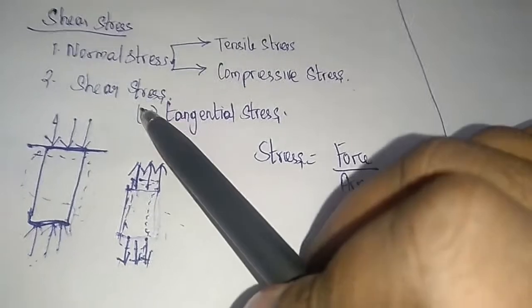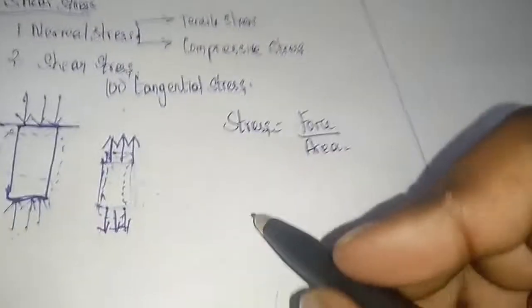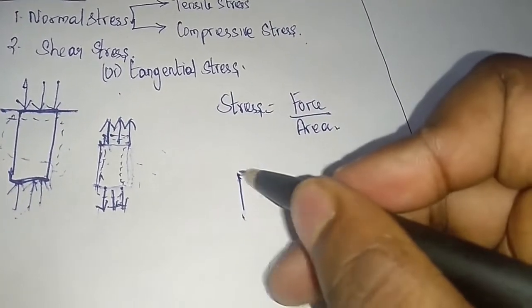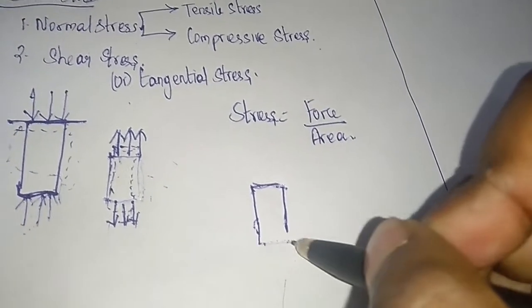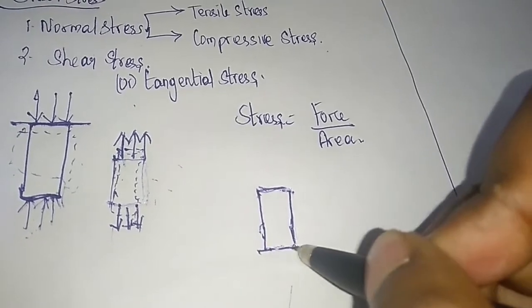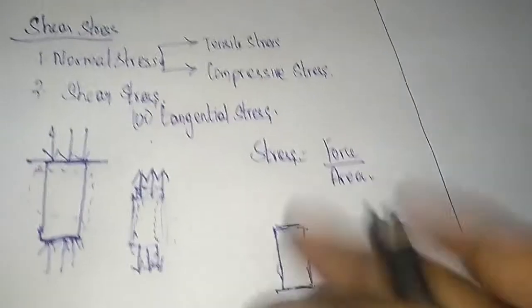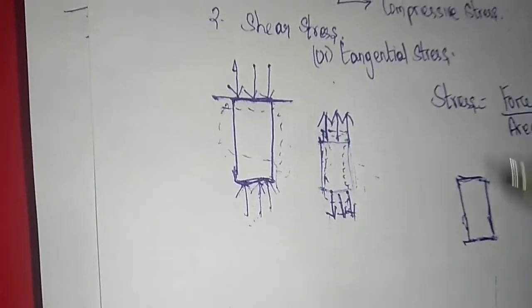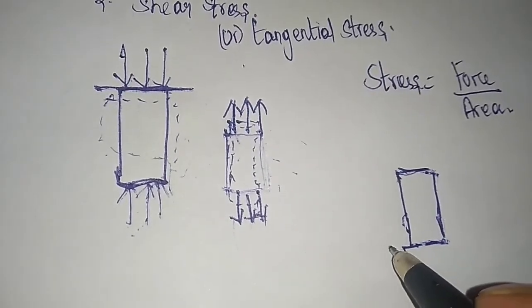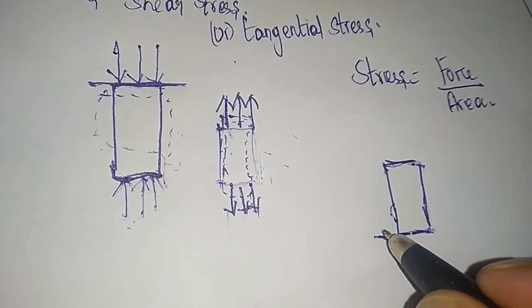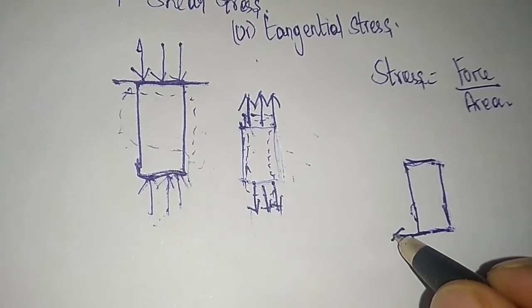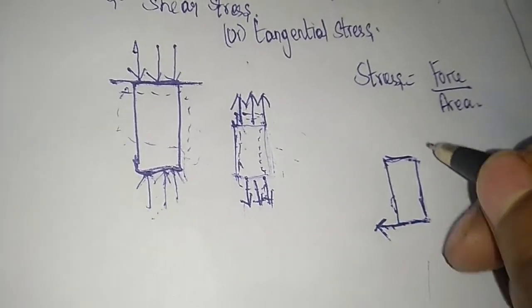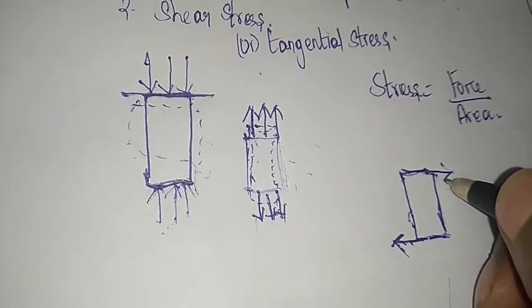Okay. So now coming to shear stress or tangential stress, again a beam. Here shear stress is nothing but forces acting parallel to the section of the beam. Okay, parallel. So I'll explain. See, in this beam the force is acting in a perpendicular vertical direction, but in shear stress, there are two equal and opposite forces, opposite to each other, acting horizontally or parallelly.